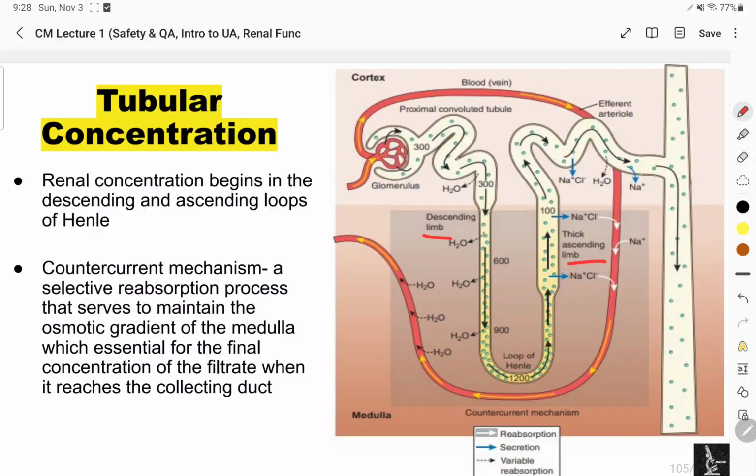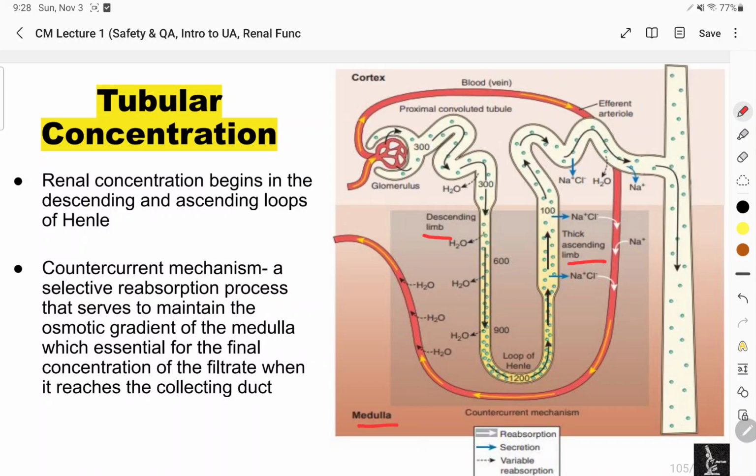So our medulla naa siya gina-maintain nga osmotic gradient, which is very important for the final concentration of the filtrate kung maabot na sa collecting ducts. So dapat ma-maintain na siya. So countercurrent mechanism, okay? So it is a selective reabsorption process para ma-maintain na siya nga osmotic gradient